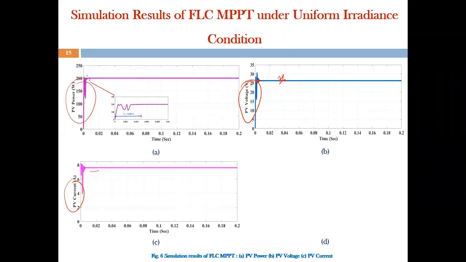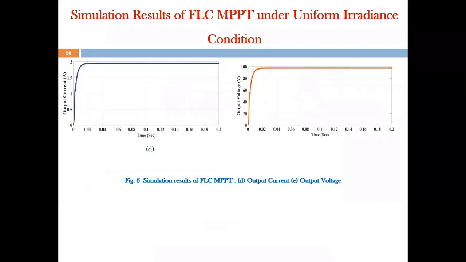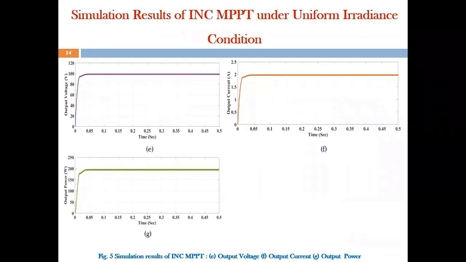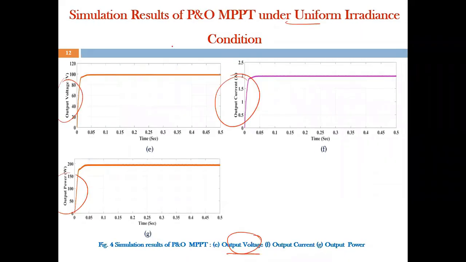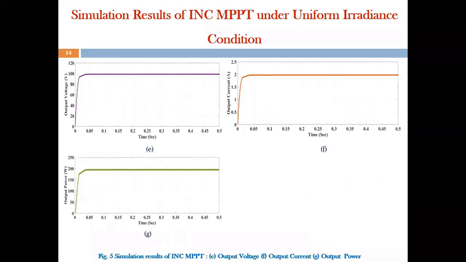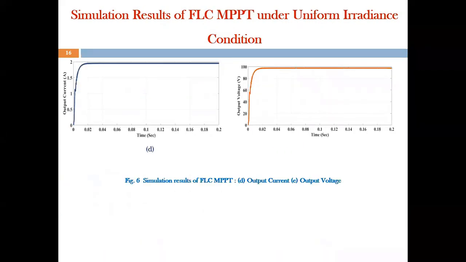I'm going to explain from the basics, but I'm showing the results first, so that you see why fuzzy plays a vital role in optimizing the results. And if you take output current and output voltage, previously you see small notches here, and it is not even settled properly. It took some time to settle. Whereas with the fuzzy logic controller, you see this smooth way, and it is settled early.